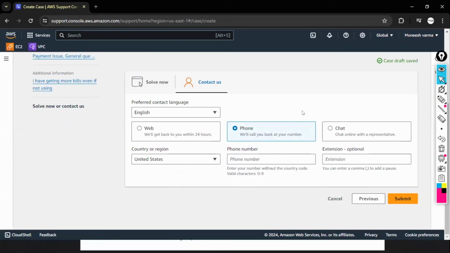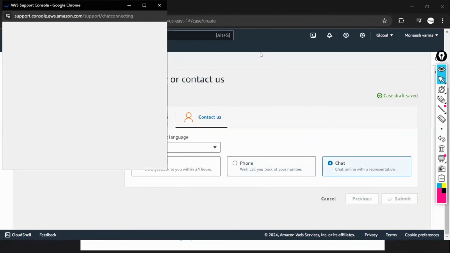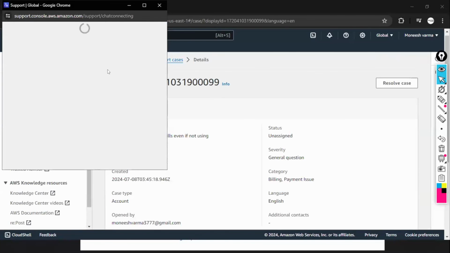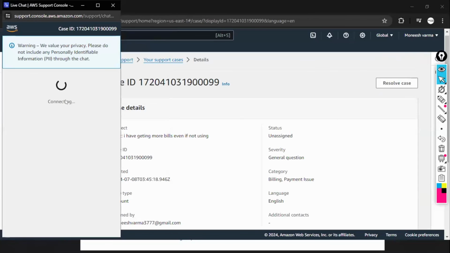If you say no, I don't have that much time either, I want to contact immediately, then you can click on chat. Once you click on submit, one person will come live. I don't know from which region he or she will be, but that person will come live on chat and discuss with us. They are not robots.